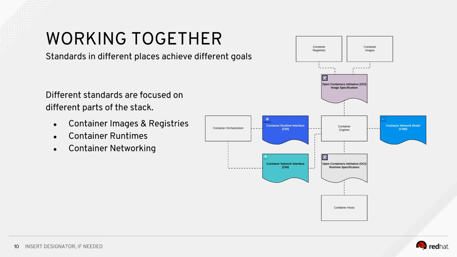And then the runtime specification essentially governs the relationship between the container engine and the container host. So runC is the reference implementation for the OCI runtime specification, and also a very common one. There are other OCI compliant runtimes that target the OCI specification. But runC is a very common one. It's the one that's used by CRI-O. It's used by Docker. It's used by a lot of other projects. But again, runC talks to the Linux kernel on the host